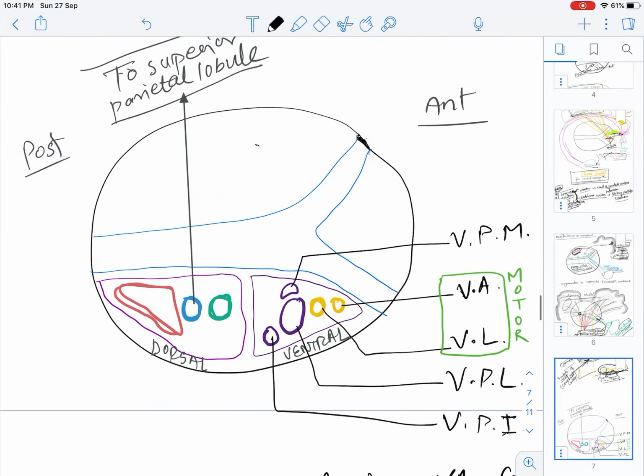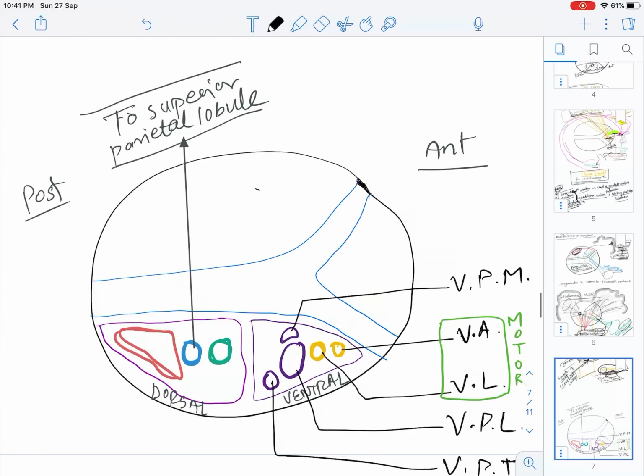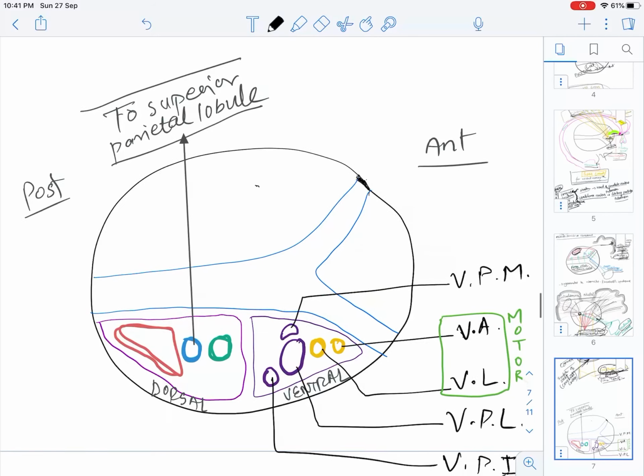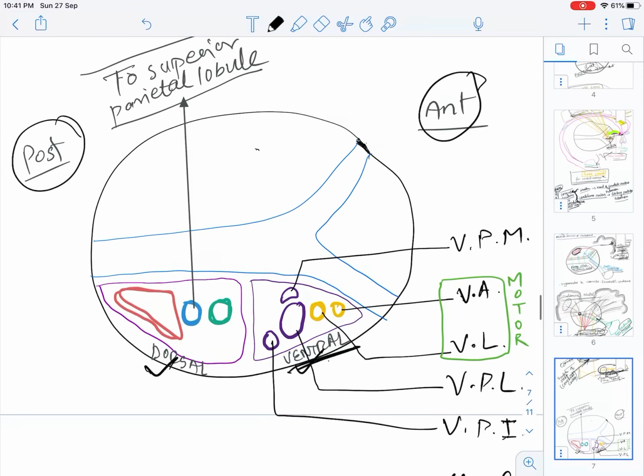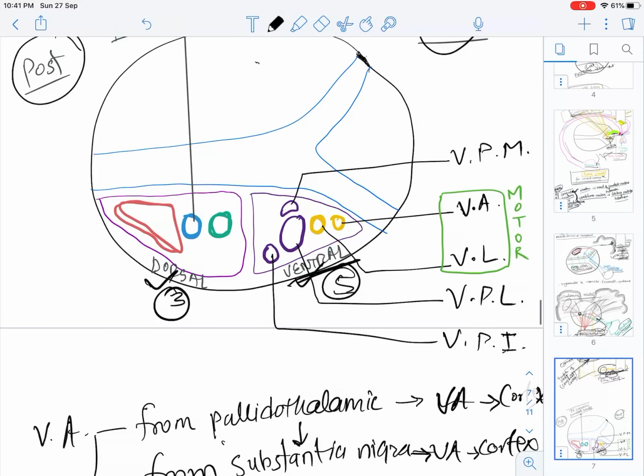Now we are left with the lateral nuclei. So, lateral nuclei of thalamus. There are several nuclei on the lateral part of the thalamus. They are divided into dorsal part and ventral part. I have explained this with the drawings. Ventral is of course anterior, as I told you, that's why I have drawn ventral to the anterior and dorsal to the posterior. There are 3 nuclei dorsally and 5 ventrally.